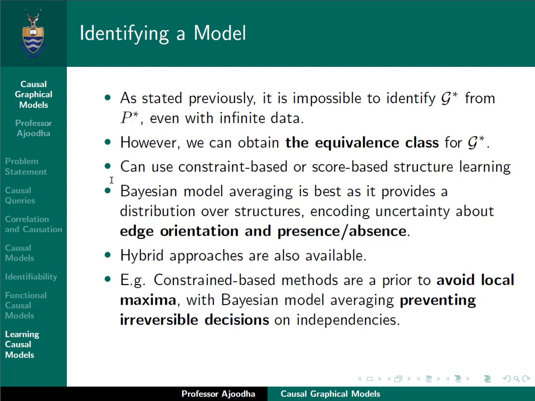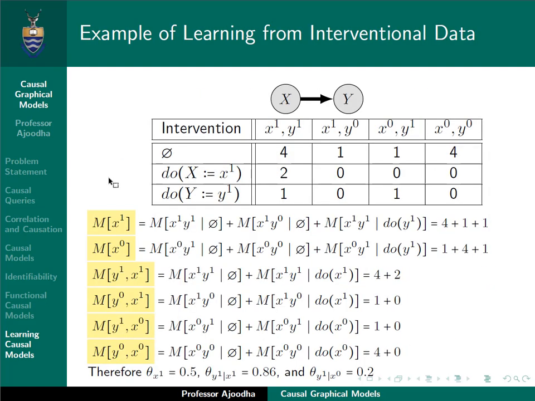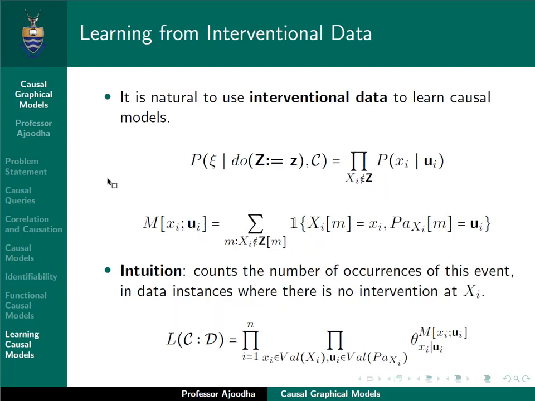Okay, so let's look at an example. Oh, not yet. We first have to look at these equations. So interventional data is explicitly useful for learning causal models. When we intervene on a variable, we break its normal causal mechanism. So when estimating parameters, we should not use data points where that variable was directly intervened on to learn its